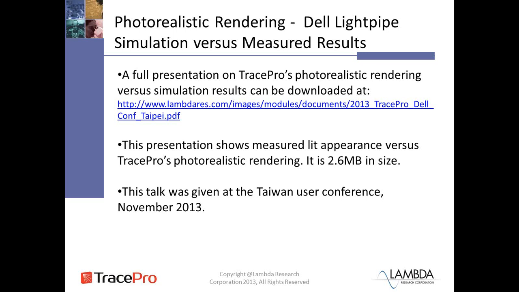The full presentation in its entirety can be downloaded at the link shown on this page. Dell has asked that the entirety of the presentation be shown and not ever shown in piecemeal. This is why we're presenting it in this method. The presentation is about 2.6 megabytes in size, and it's there for your pleasure to take a look at the